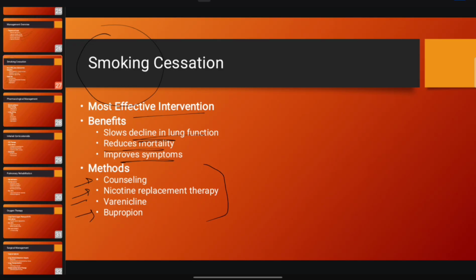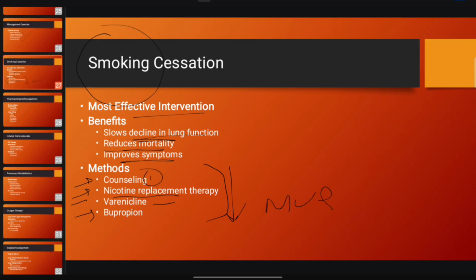You have to learn these and go stepwise, and these steps should be done in the same sequence. It's very important for MCQs. The patient presents to you with emphysema, or he wants to quit smoking or for smoking cessation. So always go for counseling first. If the patient is not making progress with the counseling, then you go for nicotine replacement patch. And then if this is also a failure of treatment, then you go for varenicline. And then if this also fails, then you go for bupropion.